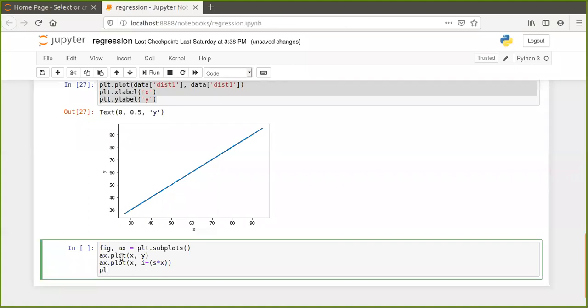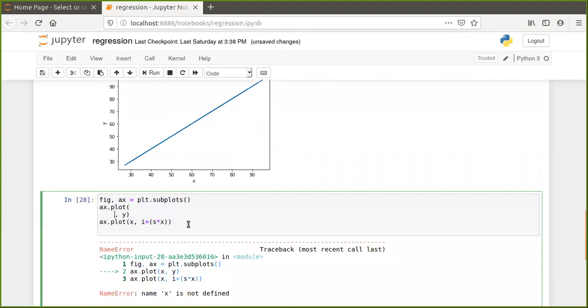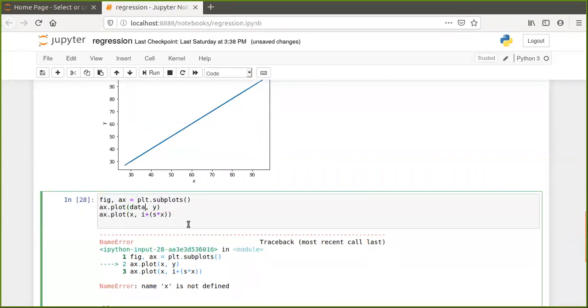Now, yeah, X is not defined, because in the plot, data, this one, that is X, and this is data, this 2, right? And then here instead of X, data, this 1, and then here instead of X, let me copy. Why I'm writing, I don't know. So